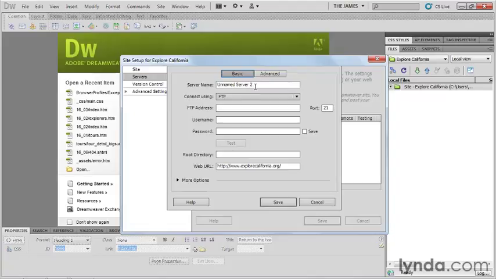All right, so the first thing it wants us to do is name our server. And you can name this anything you want. I recommend naming it something that's going to be descriptive. In this case, I'm going to type in remote. If it were a production server or a QA server or a testing server, I would also probably indicate that